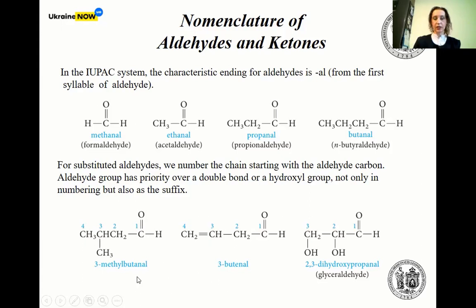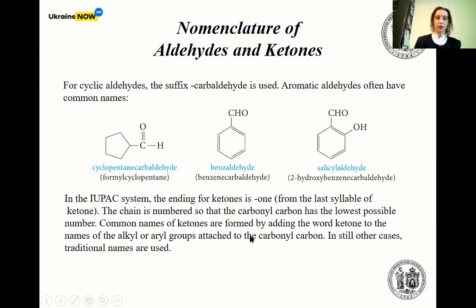Similarly, with a more difficult compound, here you can see the priority of the aldehyde group. So, the aldehyde group has higher priority than an alkyl substituent. We start numbering from this side, and it will be 3-methylbutanal. Higher priority than a double bond. We start from this side, and higher priority than a hydroxy group. Here are examples of compounds with